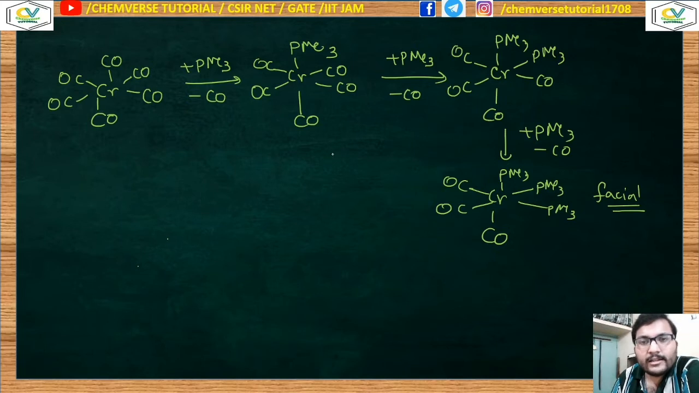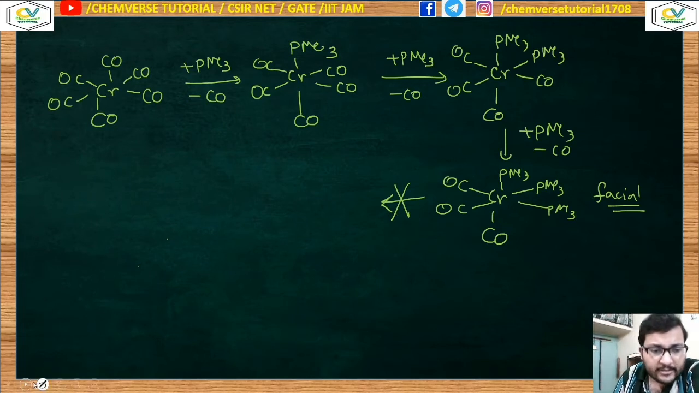Now, one observation is that the further substitution is not occurring. I think you have already understood what the possible reason could be. If you take a look at the donor ability of trimethylphosphine, it is much greater than the carbonyl. So, when the tri-substituted product is obtained, the electron density around this chromium